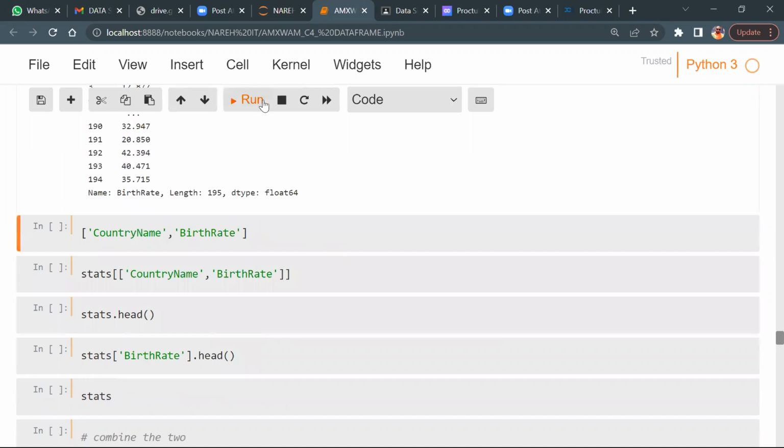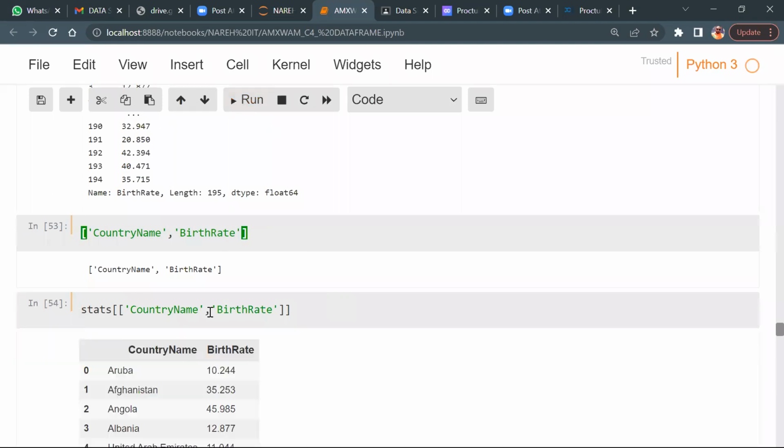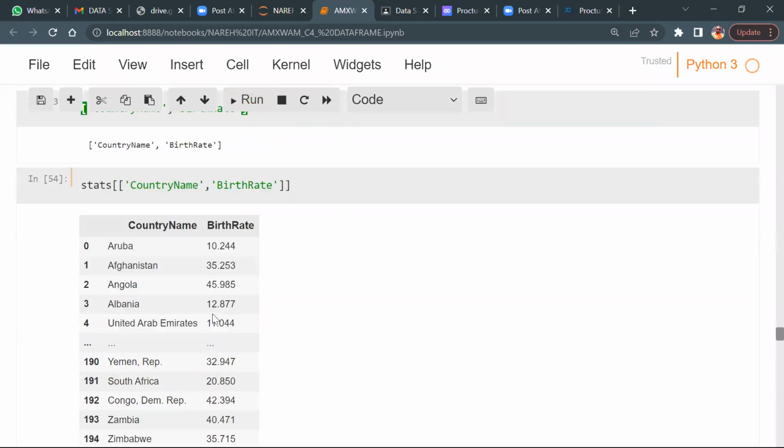Error. Why do you think so, error, guys? Country name and birth rate, only country name and birth rate is displayed, right? Now, do you remember I didn't pass my data frame here? Did I pass my data frame here? Now you guys are saying that I'll get only the information of the data. Now let's see, when I pass stats, which is the data frame, then run it, you get all the values. Got it? Yes, team? Yes, Chandrahash? Everyone? Good.